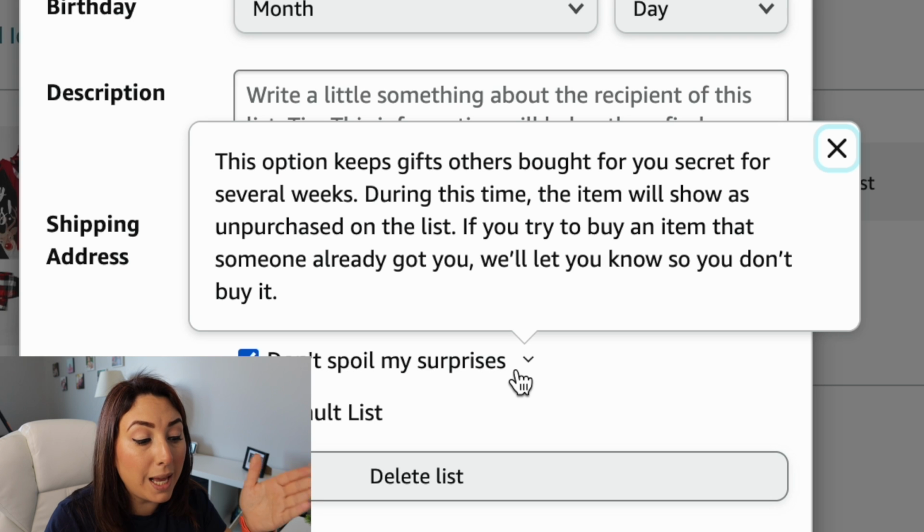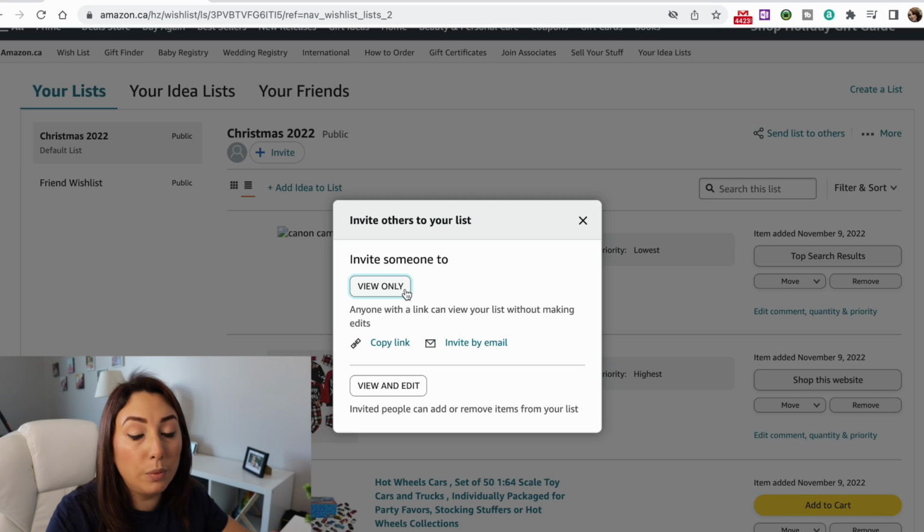If you try to buy an item that someone already got you, Amazon will let you know so you don't buy it. I strongly recommend that you select the shipping address. You can even select a PO box if you want. I think that if you're going to make this wish list public, then you need to add a shipping address right here. I'm going to save the changes,